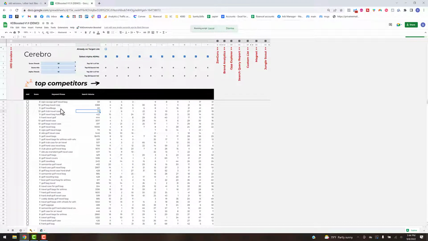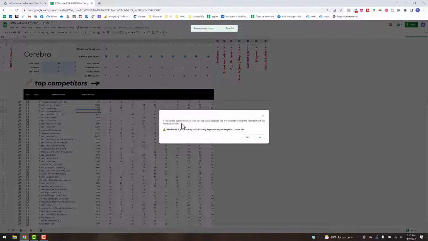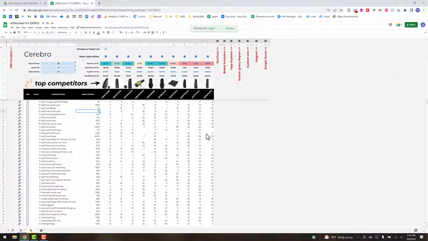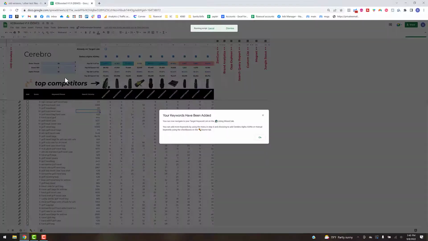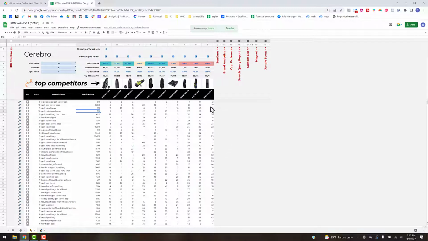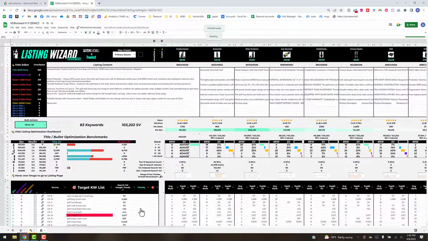You'll see it's pulled the data in now, and it asks us if we want to append the keywords that it's going to move to the target list or just override it. Because we don't have any in our keyword list right now, we're just going to hit no, and that's going to create the list from scratch. If we had already had keywords in our target list and wanted to append them, we could have changed the settings here and then appended them. So that's what that's there for. All right, and then you'll get that prompt. You'll just hit OK. And now if we go over to the listing wizard tab,